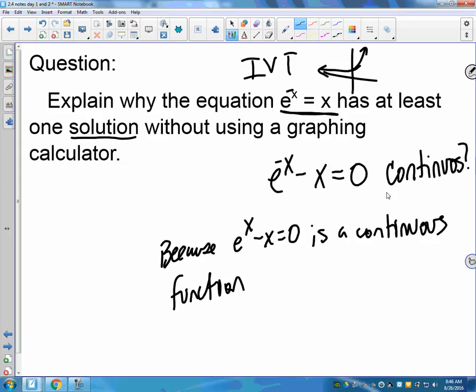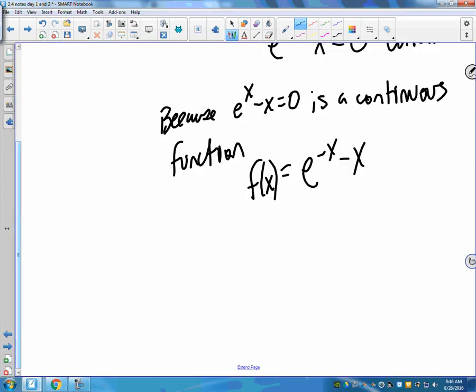What happens when we plug in, if I have e to the negative x minus x, instead of putting equals 0 now, what if I just make that a function? That's really what happens. When you set it equal to 0, you're just making y equals 0. Remember zeroing off that algebra. What happens when I plug 0 into this problem? If I did f of 0,